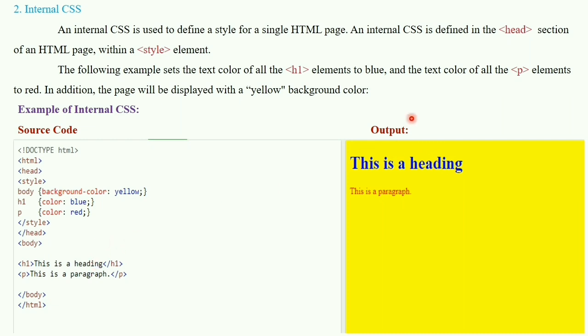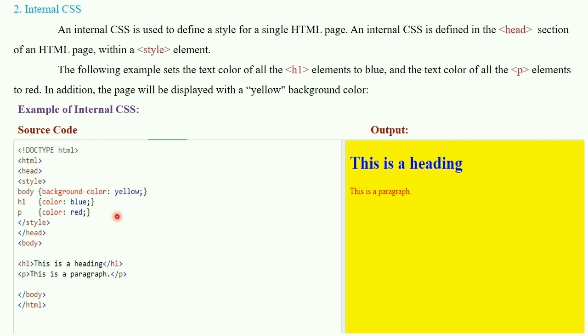Now go for the output. You will see the output in this way. The web page has background color yellow, then the H1 content has blue color and the paragraph tag has red color. Now you will see how this yellow color appears on the web page.